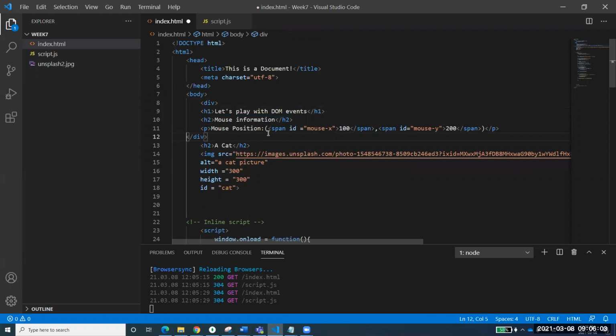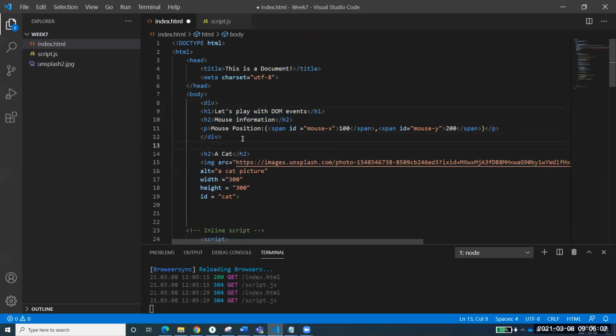What is the benefit of it? Div will make this a complete block level. So div is called a block level tag. Div is specifically the block level tag, a block level generic container, we call that.